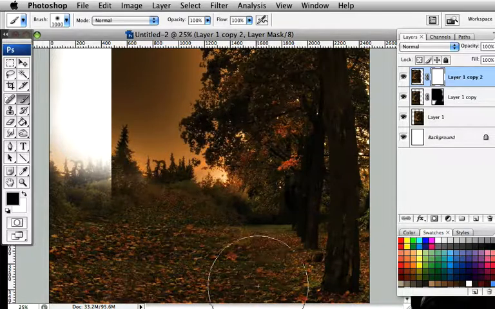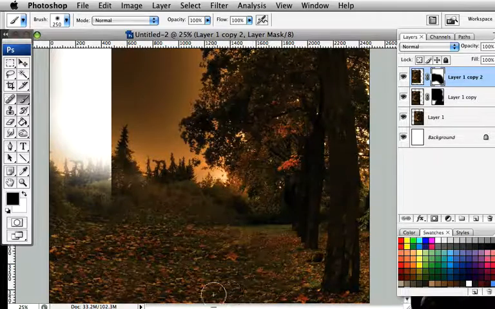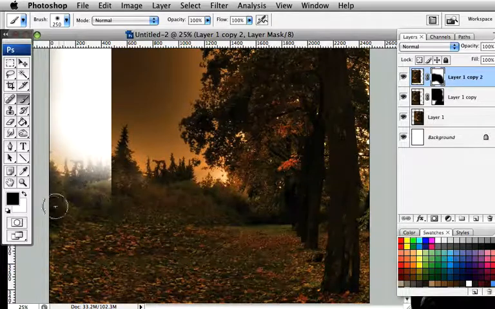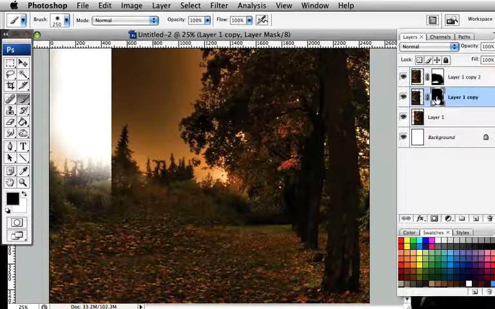Okay, and then I'm going to decrease the size of my brush and come down in here. Like so, and spend a bit of time with that, but I'm pretty happy. That's pretty good. Gonna come back onto this mask here,